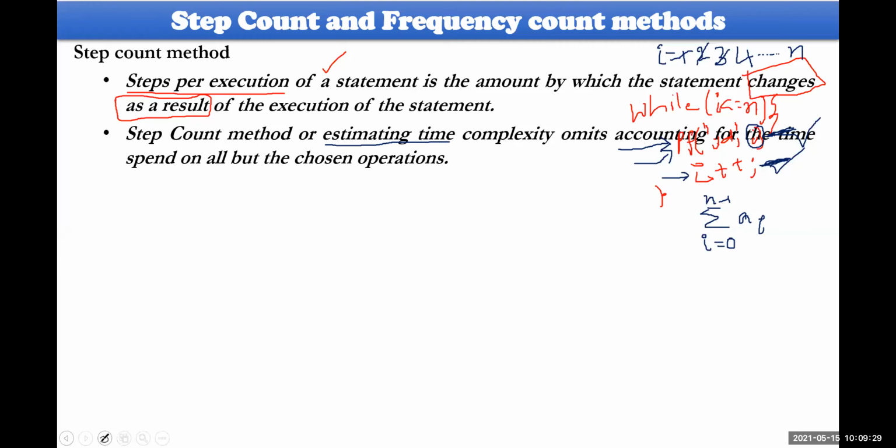Accounting is always trying to... summation will take place. So that particular summation will not be considered. That could be omitted in the accounting method for the time being spent by the chosen operation, whatever operation you have taken into consideration. So this kind of summation cannot be taken into consideration. Don't consider the value of A of 0, the value of A of 1.